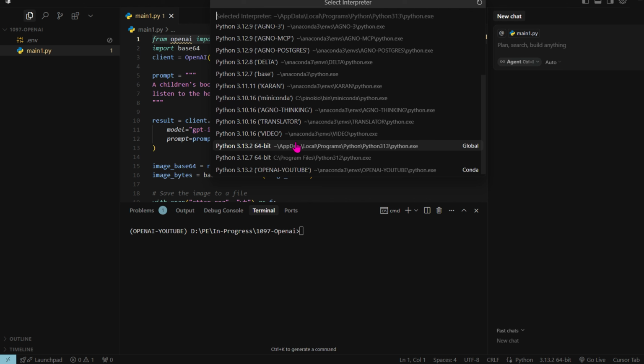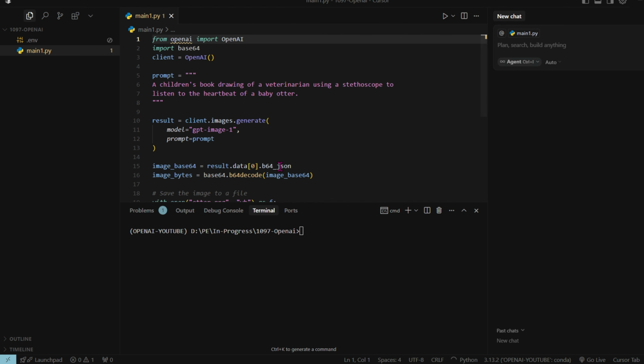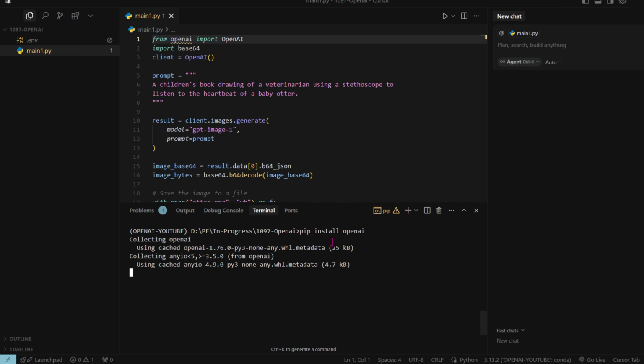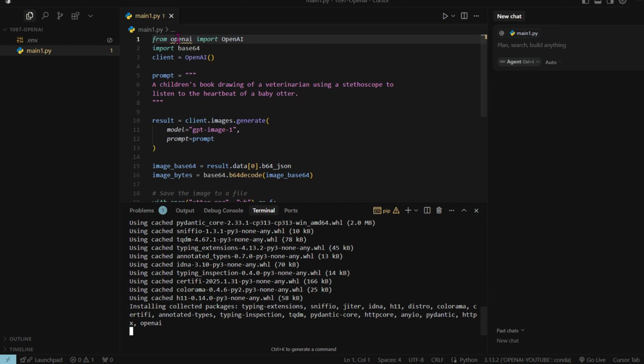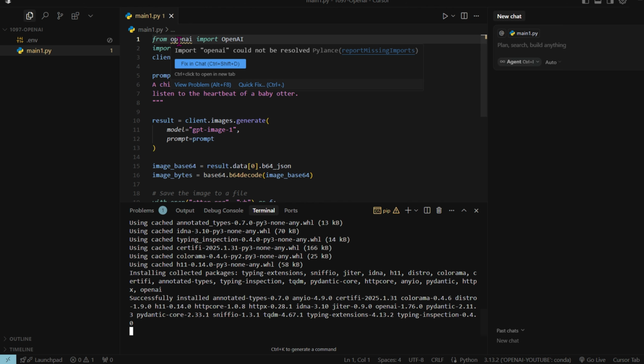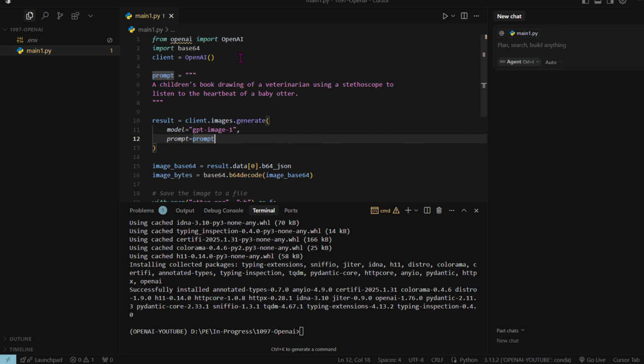So I'm going to select my environment here, and then do pip install OpenAI. Once we do this, the yellow squiggly line should go away. Once we have that, we need to put the environment variables here as well. So what you're going to need to do